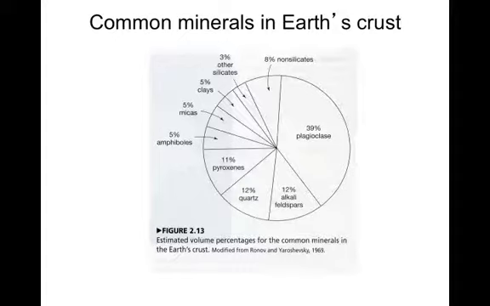Just to look at this, almost 40% of Earth's crust is comprised of plagioclase, and another 12% of the alkali feldspars. So the crust contains a lot of feldspar. The next two up are quartz and pyroxenes, and that includes both pyroxenes, so ortho and clinopyroxenes. And then to a lesser extent, amphiboles, micas, clays, and some other silicates, and then only 8% non-silicate minerals.